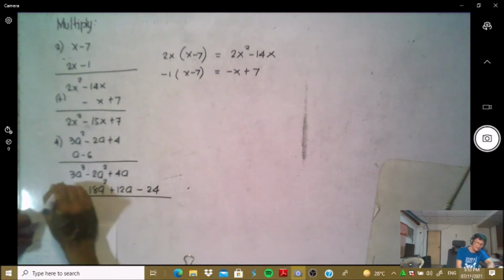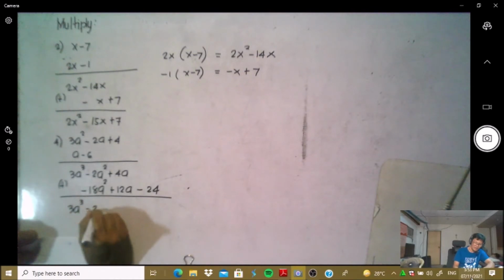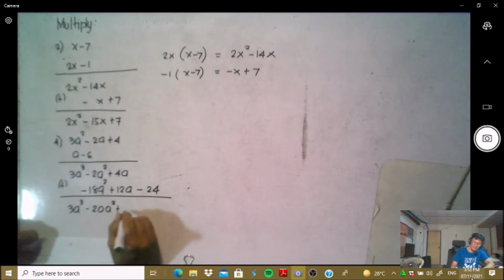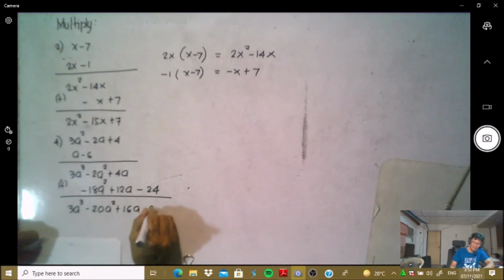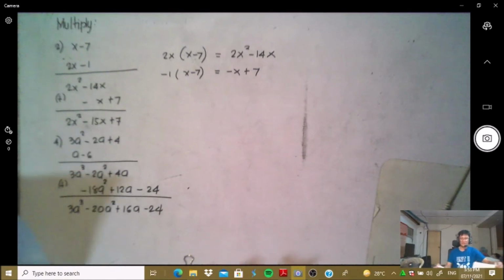Okay, we can now add. So bring down 3a cubed minus 20a squared plus 16a minus 24. Okay, let's check our answer. We have 3a cubed minus 20a squared plus 16a minus 24. Okay,